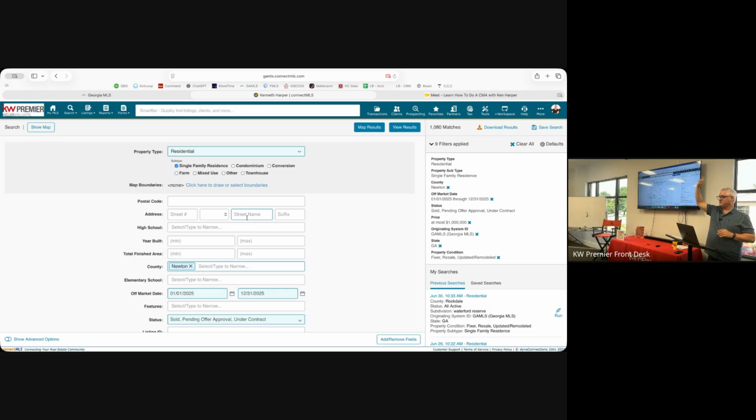Single family detached, single family attached. If you're working in Decatur, some of the in-town things, you may get a condo, which is a little bit different, right? But basically, it's townhomes and houses. Yes. Now, once you top the houses, most of what you're going to be working with is houses, at least